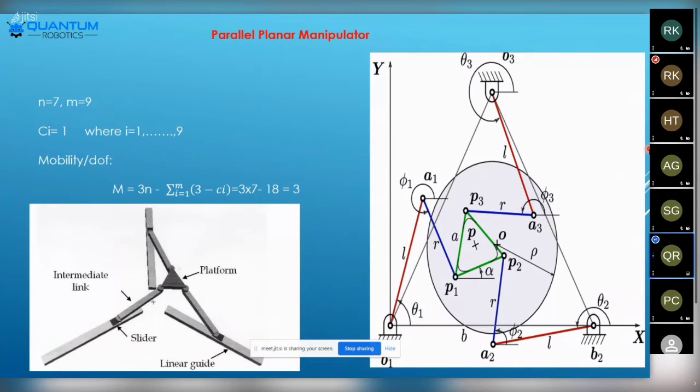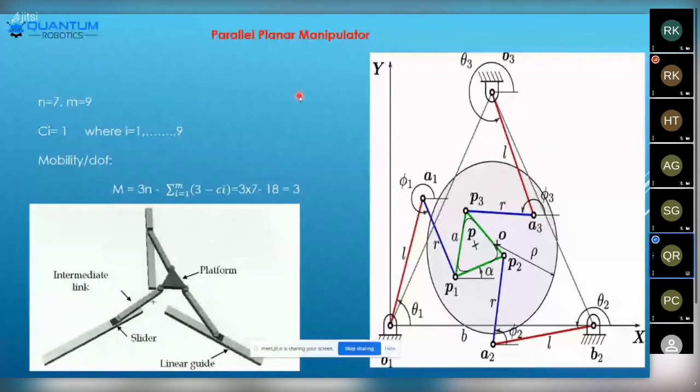The parallel planar manipulator is also like the previous manipulators, and this was somewhat different. It is in a balancing condition, but at the base. Previously we studied the balancing condition at the upper end, but here it is in a balancing condition at the base. And the upper condition is going to be the interlinking part. The interlinking part is going to act in a particular area of the base.